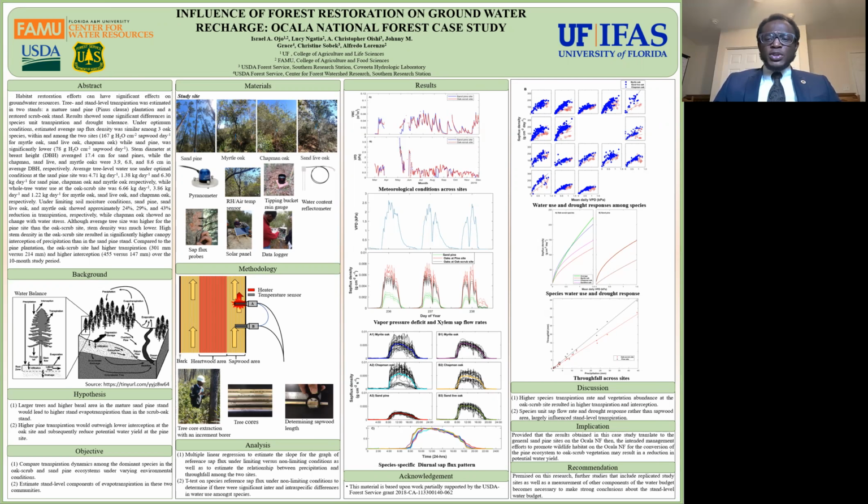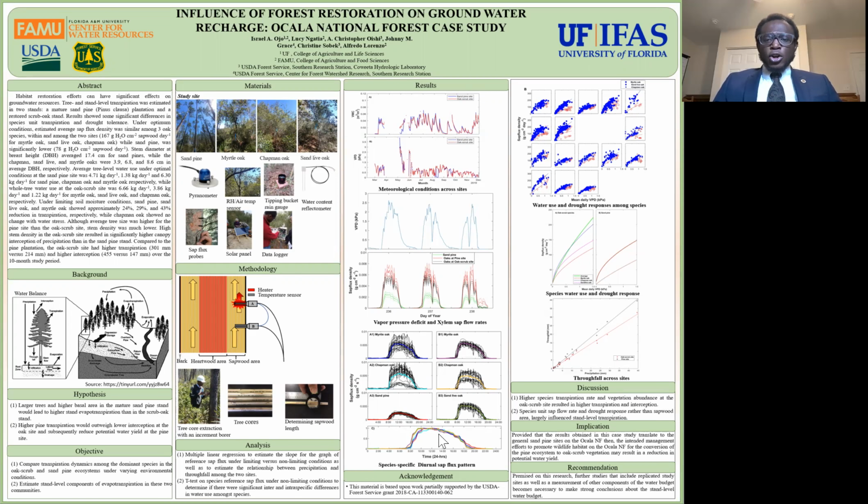Now, results show that vapor pressure deficit and volumetric water content were similar across sites. A short time series of about 3 days shows that the daily pattern of unit transpiration was similar to the pattern of vapor pressure deficit. Now, daily sap flux density for sand pine was considerably lower than for the other oak scrub